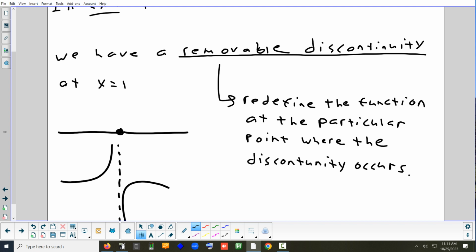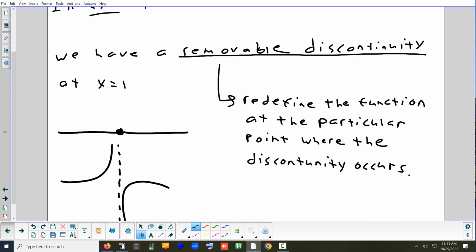You can almost think of it that way. It's like you'd have to bend this piece back down and fix that and weld them together. Yeah, you can't fix that. It doesn't work. So the idea of a removable discontinuity is that we say, okay,